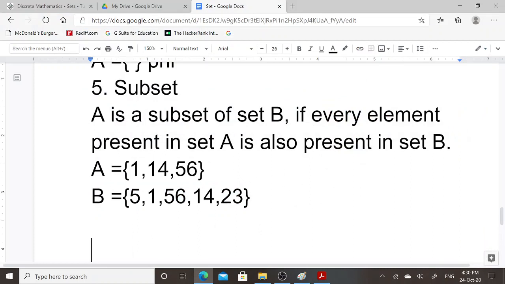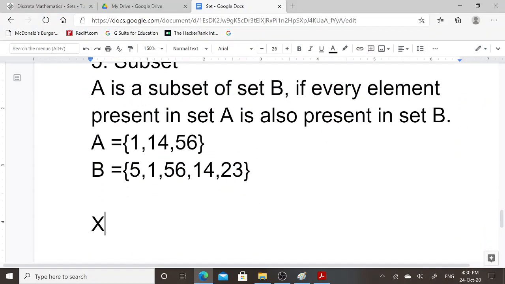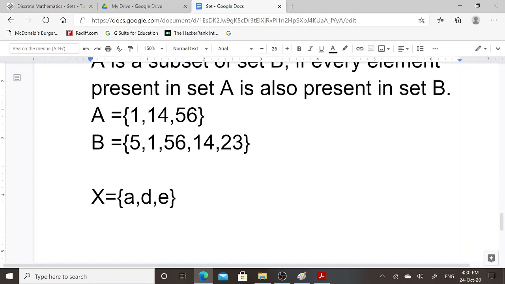Now consider another example. Set X equal to A, D, E. Set Y equal to A, D, E. Here set X contains A, D and E elements. Set Y contains A, D and E elements.